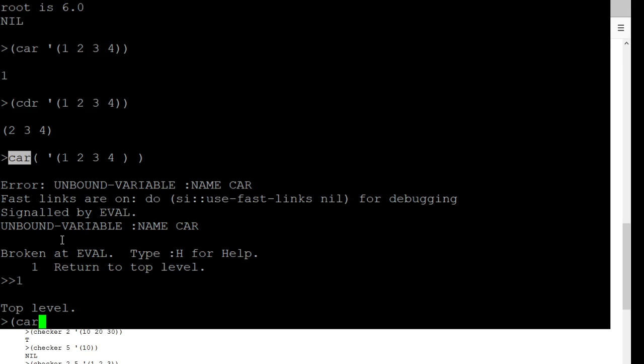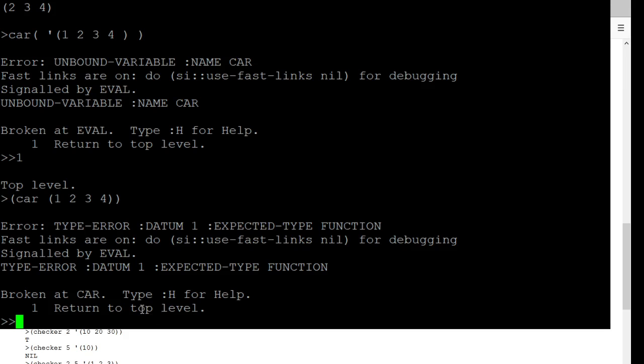Or you forget the single quotes and you try something like the car of 1, 2, 3, 4. And again, what it thinks then is that this is a function call and 1 is the name of the function. And so again, you're going to get weird error messages where you get this one,